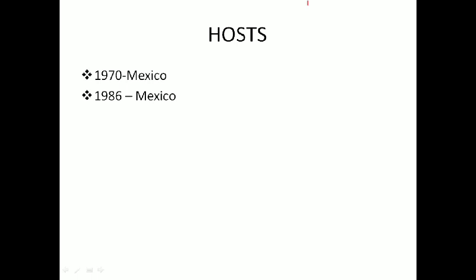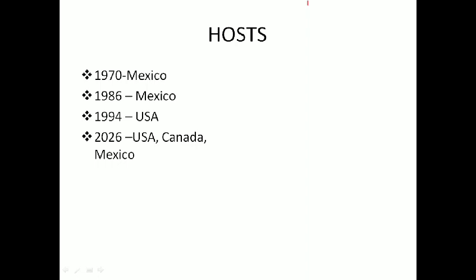So in 1986 also the FIFA World Cup was held in Mexico. 1994 USA. 2026, interestingly, three bigger countries of North America are going to co-host the FIFA World Cup